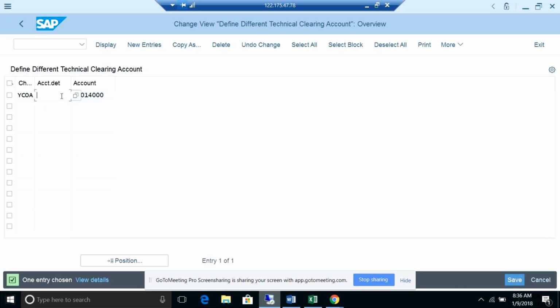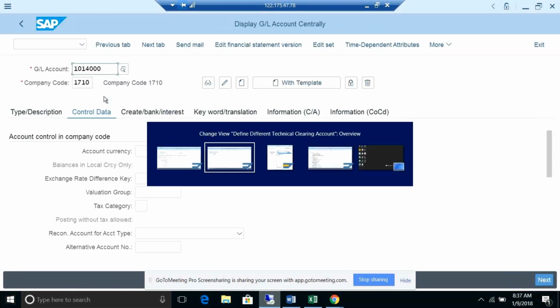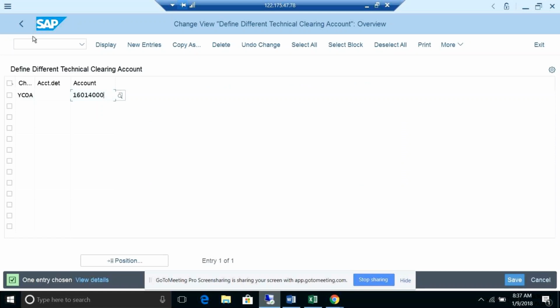I wanted to differentiate for each and every asset class. So then you can use this. In case you don't want to differentiate for all the asset classes, you wanted to use the same technical clearing account, then you can use the same technical clearing account. You need not mention anything here.